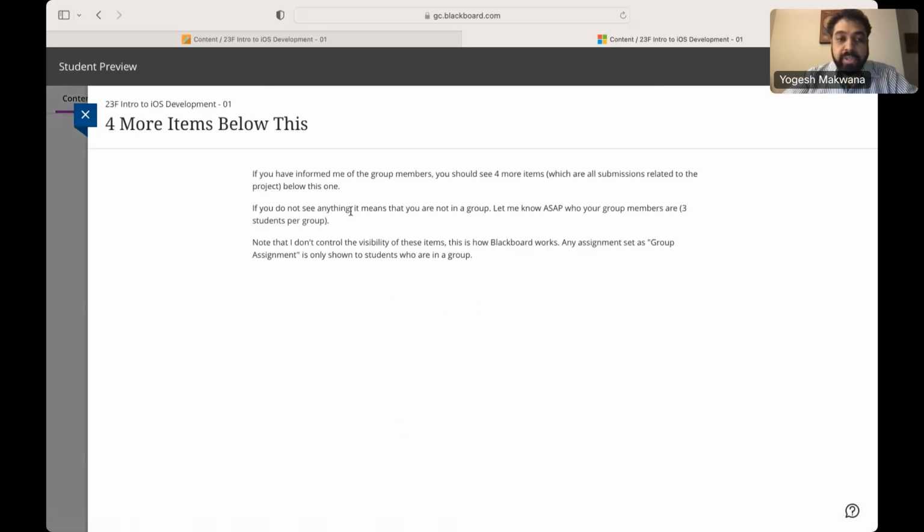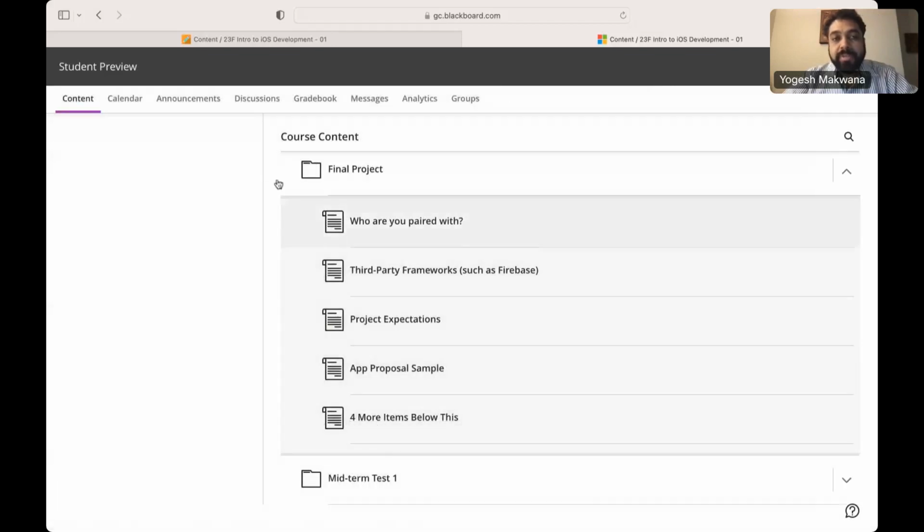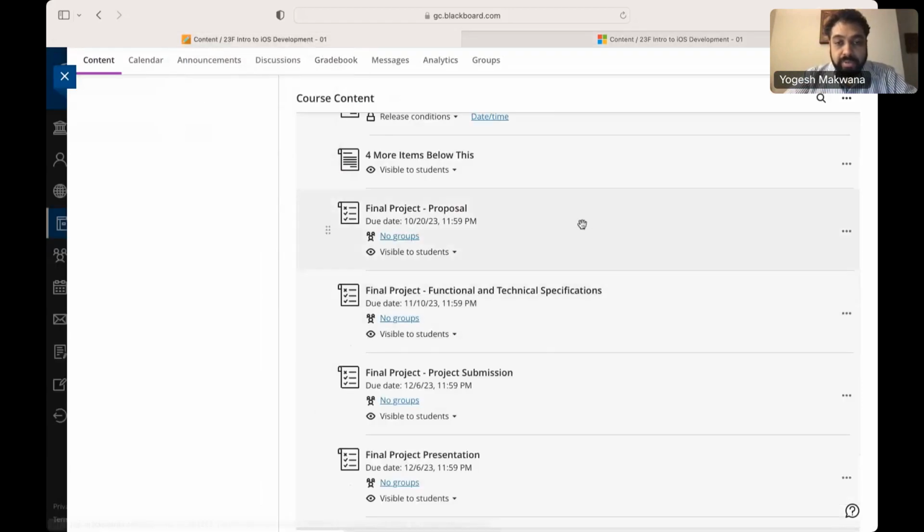And there are actually 4 more items that should appear below this. Now, the way this system Blackboard works is if any assignments are designated as group assignments, they do not show up until the student who's looking at it, which is you, is a part of a group. So you must be in a group to see them, and I'll show you what they look like in this tab. So you see 4 more items below this. These are the 4 items: the project proposal, the functional and technical specification, project submission, and presentation. And these are set up as assignments. If you click on any one of them, it will